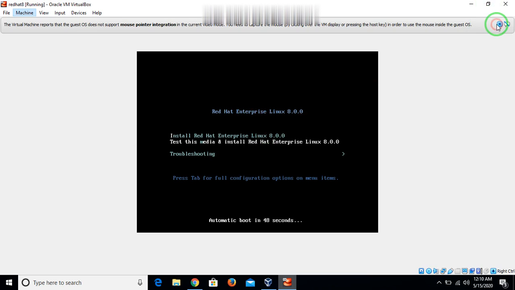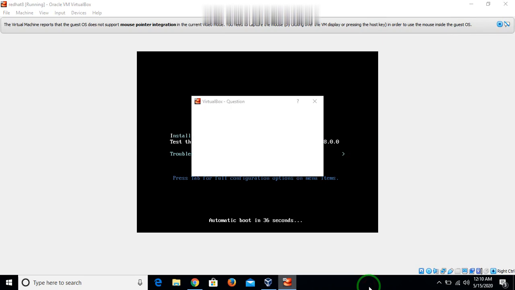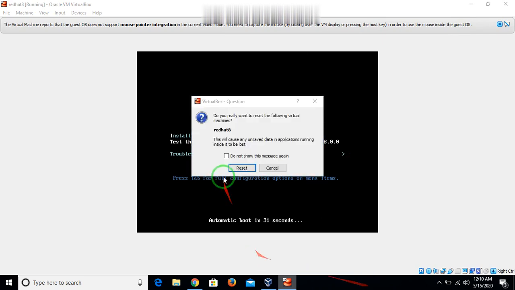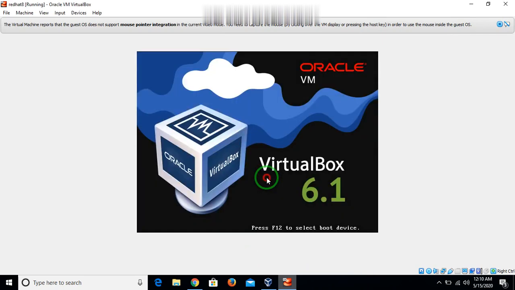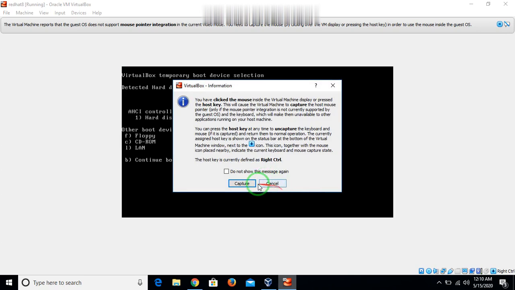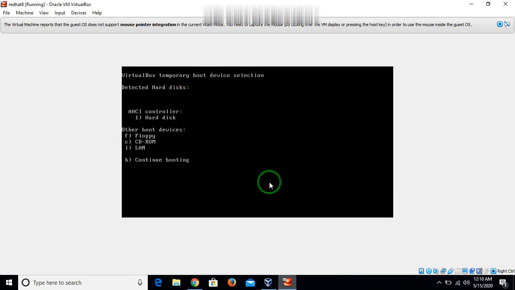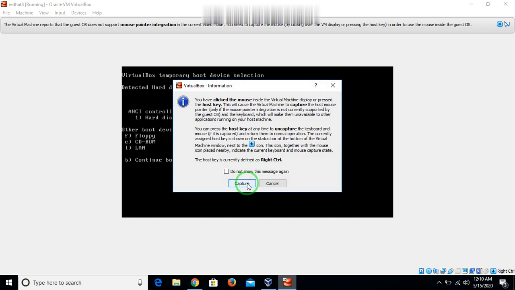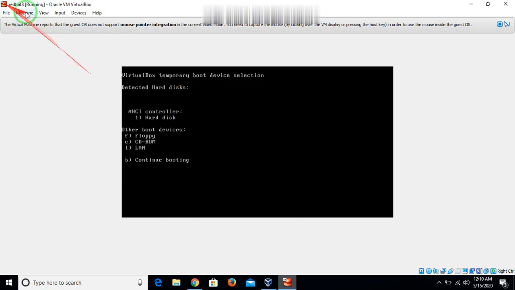Let me just press it here. So you can see that I just pressed the F12 key here.